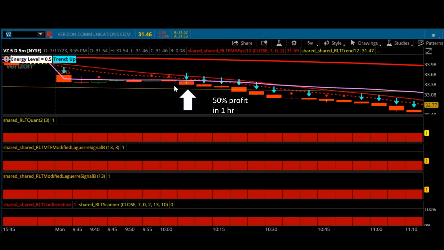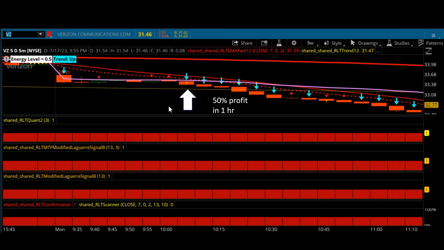Verizon, big 50% profit in an hour here. Same thing. Everything's being sold. It's riding above the VWAP. We grab it here and we take it for an hour and we're up 50% in 1 hour. In Verizon, the premiums are very low, so you can get tight bid-ask spreads. If you get Verizon to make any kind of a move, 40, 50, 60 cents, you can make a lot of money on